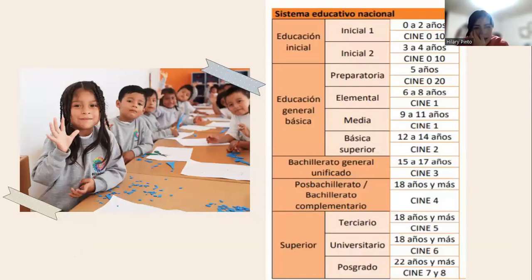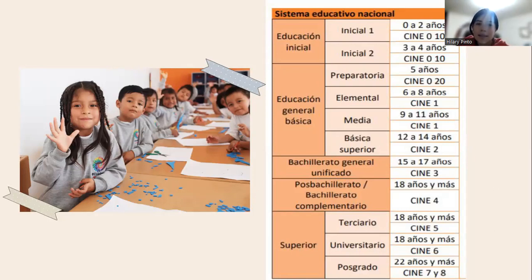And this is a little table about the national system of education in Ecuador. As we can see, it is divided into preparatory, elemental, EGB and BGU. Here in Ecuador, the preparatory education doesn't have English, and later the elemental, EGB and BGU have English,